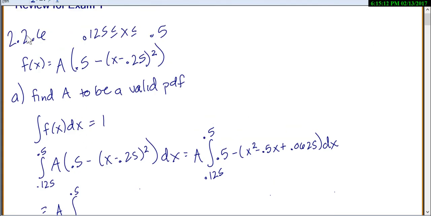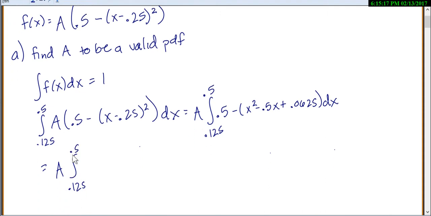This is 2.6, and they gave us a PDF, but it had an A in it, so we're trying to figure out what A is to make it a valid PDF, which means you integrate the PDF and set it equal to 1 to see what A is. Let's see, so we've just been simplifying, and I'm going to add that 0.5 and change that minus, so we have negative x squared plus 0.5x